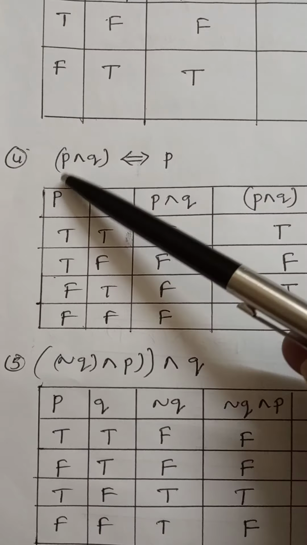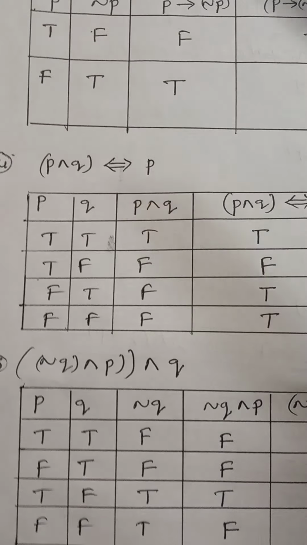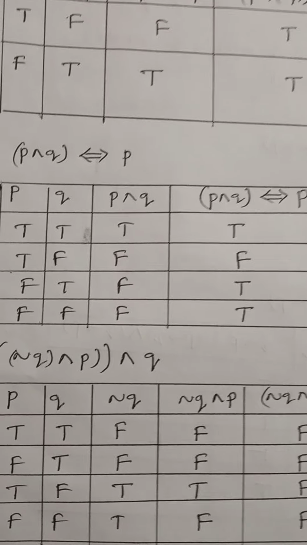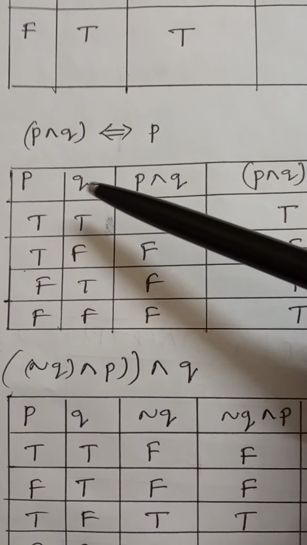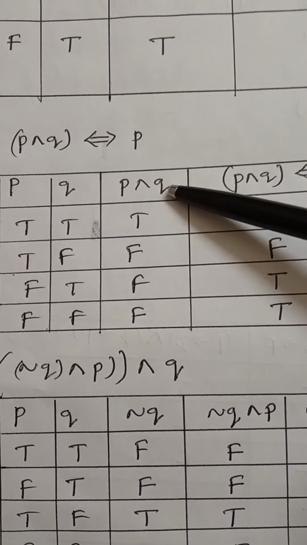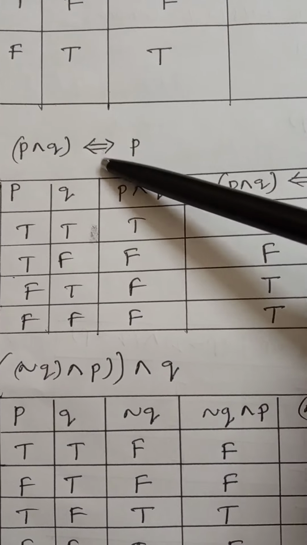Next, fourth one, P and Q implies and implied P. Now again, how many simple statements are there? How many variables are there? P, Q only. Now P, Q we are writing, and the next compound statement is P and Q, right? This P and Q implies and implied P. On that one also we are writing here, right? Now this, you know what is this, conjunction? If both are true, true. This one is false, another one is true means false. Here this is also the case, next case also false.